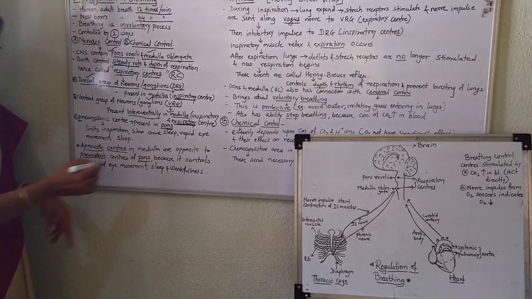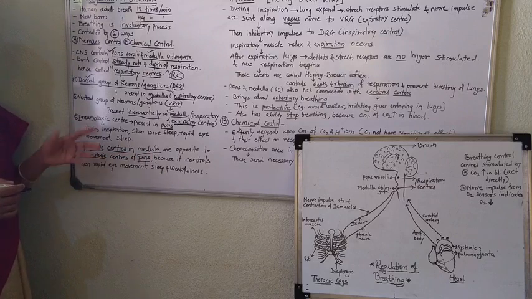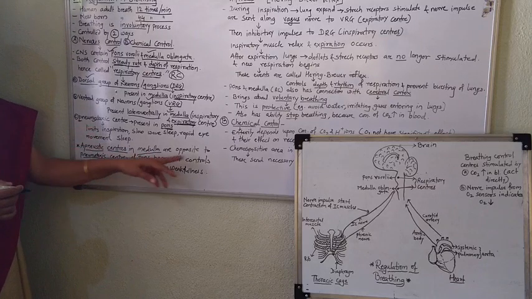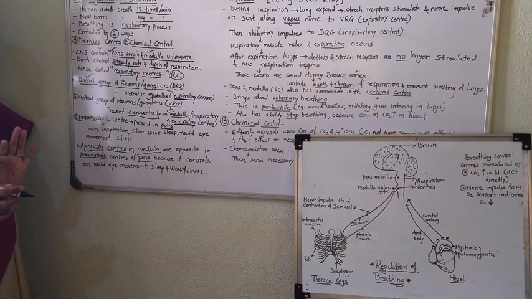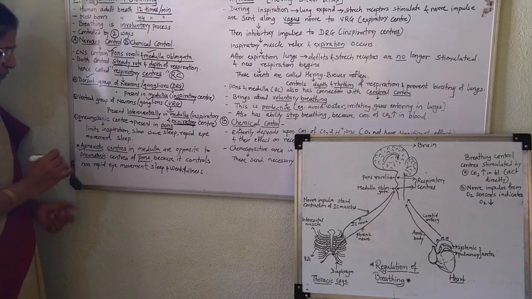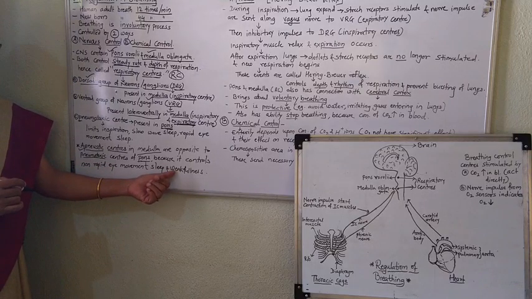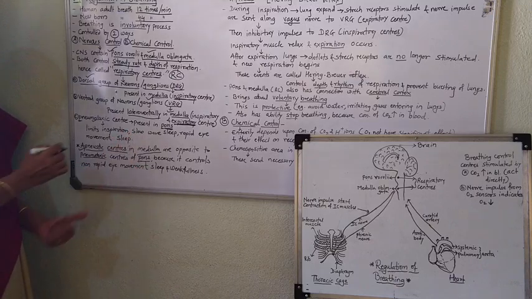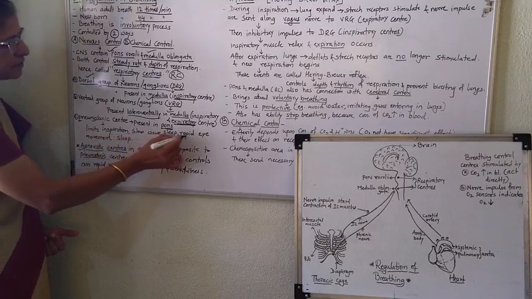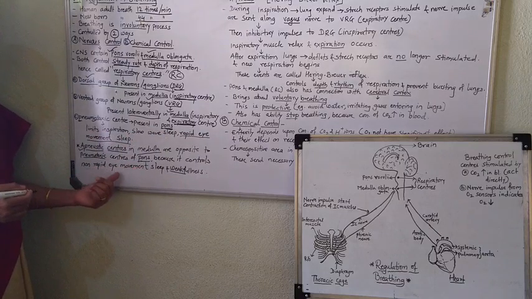So medulla contains apneustic centers and pons contains pneumotaxic centers, and they are opposite to each other because they control rapid eye movement and non-rapid eye movement, sleep and wakefulness. That means this pneumotaxic center brings about waking from sleep. During sleep there is always rapid eye movement, and during wakefulness there is always non-rapid eye movement, or